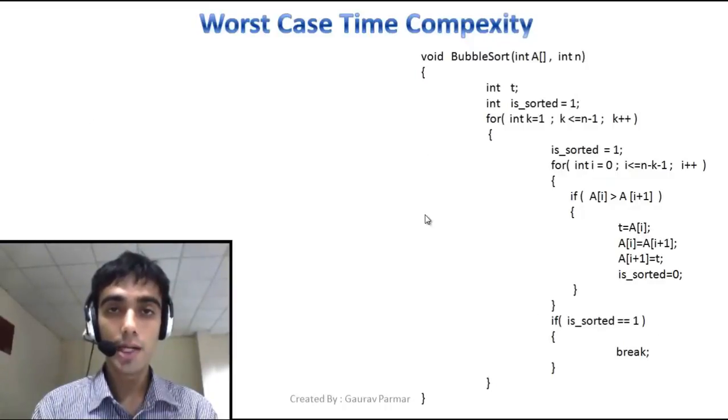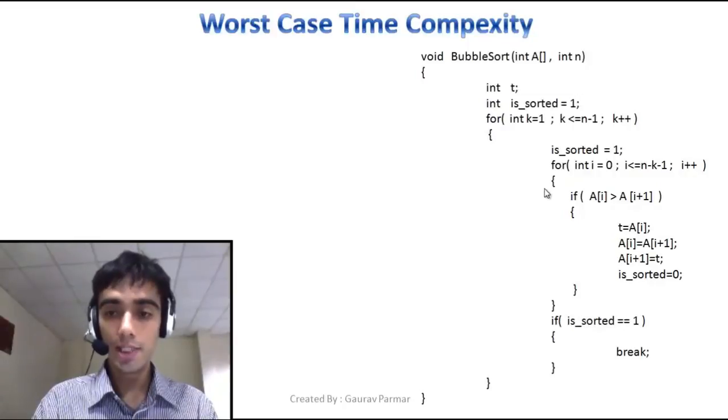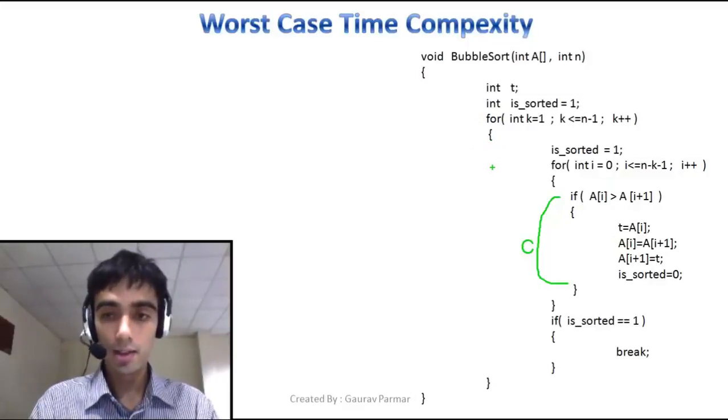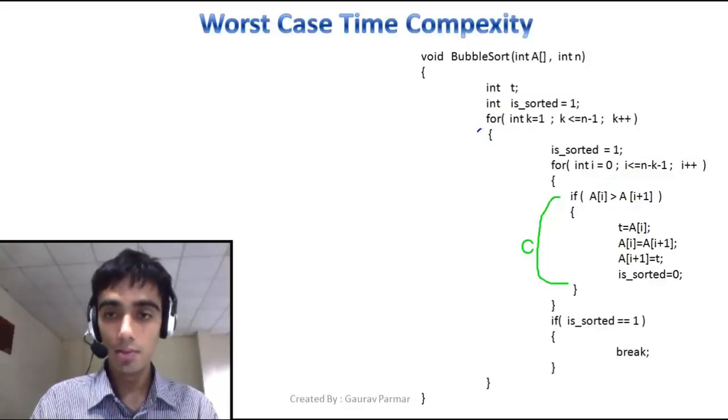Suppose we are given a reversely sorted array, or suppose we want to sort an array in ascending order and the given array is in descending order, or vice versa. In that case we shall have to put in the maximum amount of effort, or use this function to its maximum extent. Now suppose the statements inside this for loop take a constant time equal to say c, and these loops are taking a time equal to